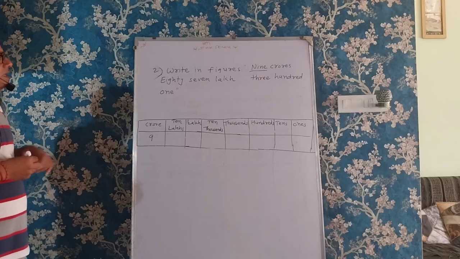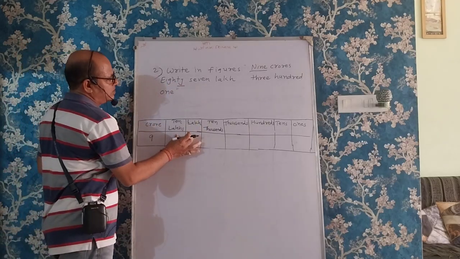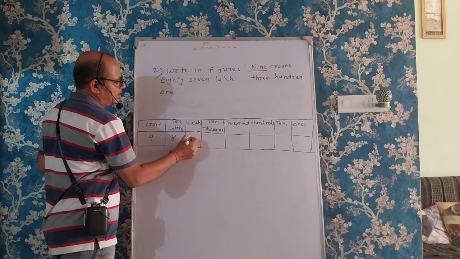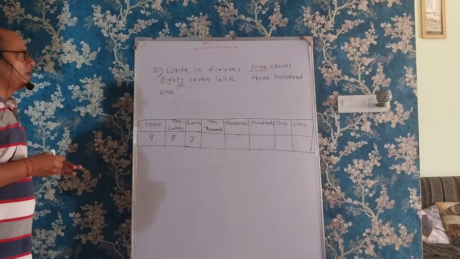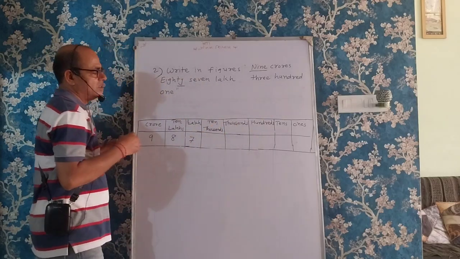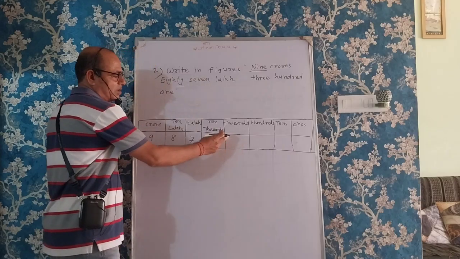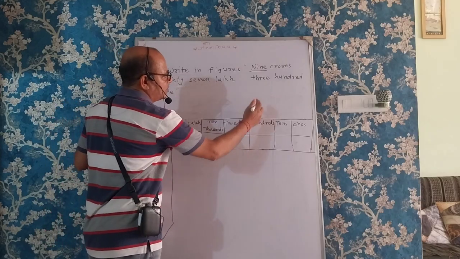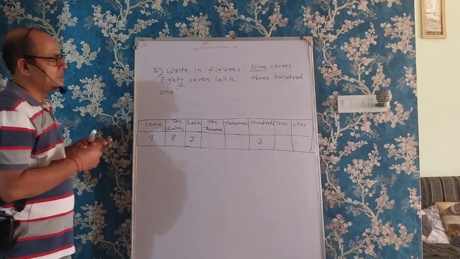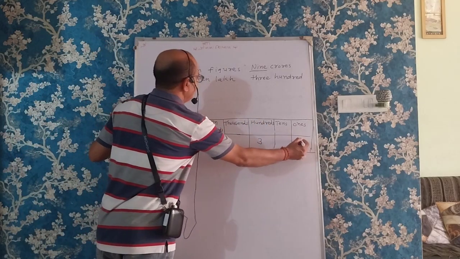Okay. Then 87 lakh. 80, here tens comes, then 2 digits you have to follow. 80 means 8 will come here and 7 will come here. Right. Now here no 1000 is given, only 300 is given. So both the columns of thousands will be empty. So 300, so 3 will come in the hundreds column. Then 1, tens also not given, so this column will also be empty. So here 1 will come.